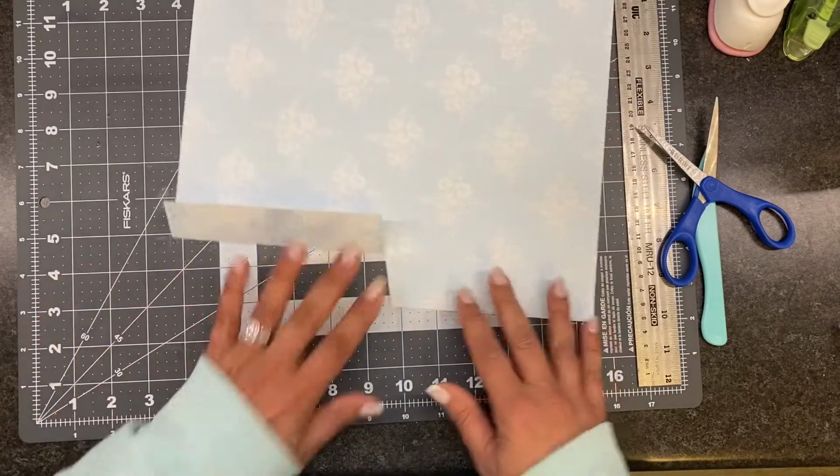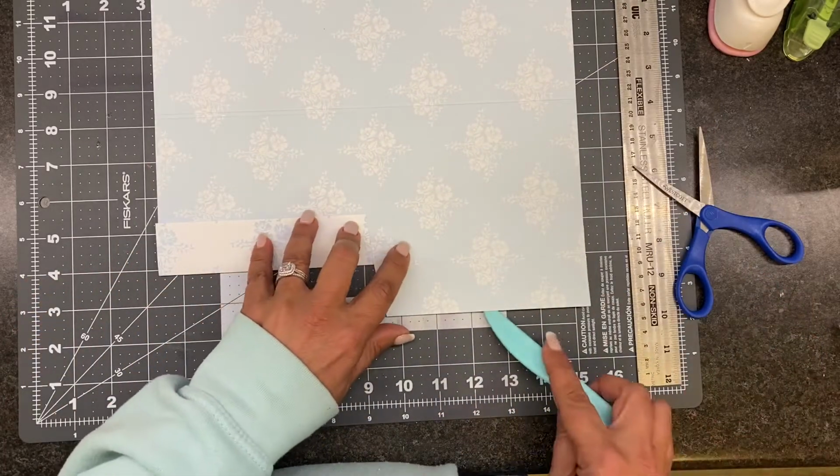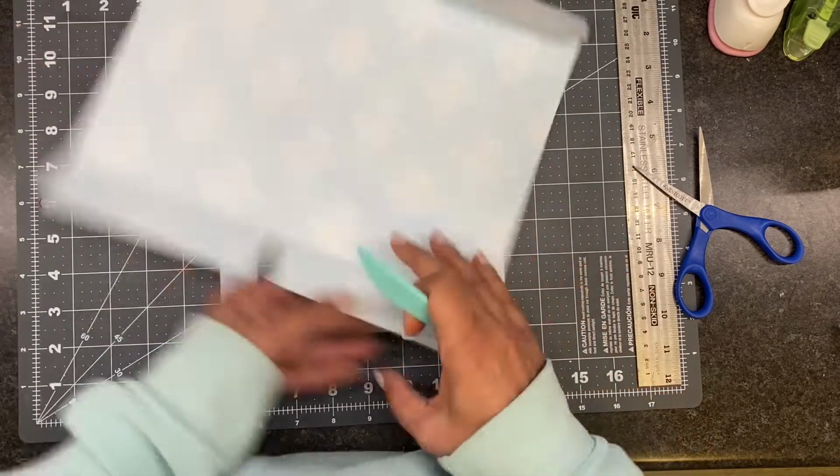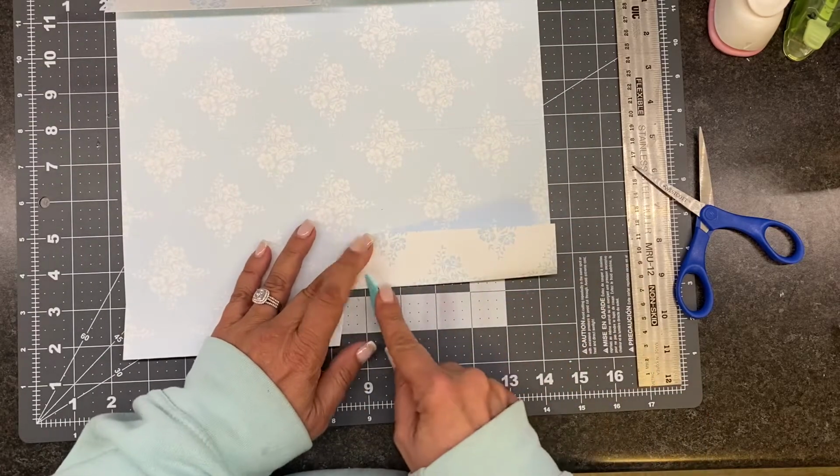now what I do first is I just fold these up. I don't know why. You don't have to do this, but it just makes me feel better